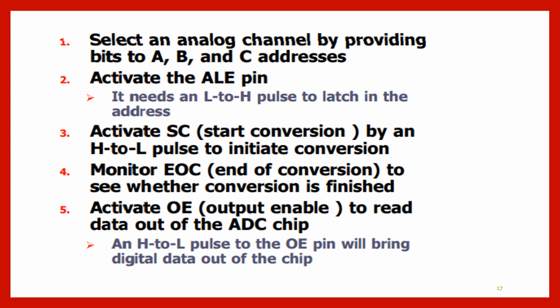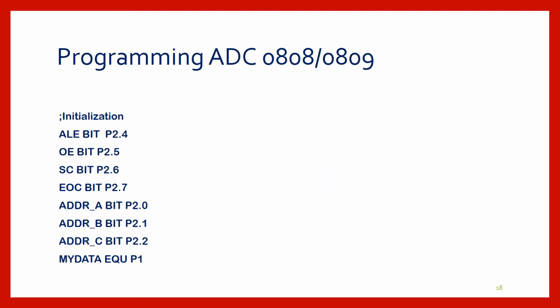So selecting the proper analog channel and doing the conversion is the main mechanism involved as far as ADC operation is considered. Nothing else. There is no self clocking. Clock must be provided from an external source in case of the 0808 or 0809. So from the 11.059 MHz crystal frequency, you can have appropriately whatever conversion time you want, and you can divide it using D flip flops, a number of flip flops in between, and you get the appropriate frequency.